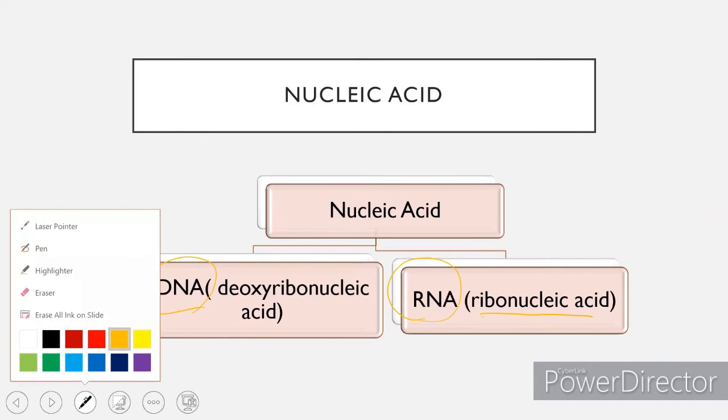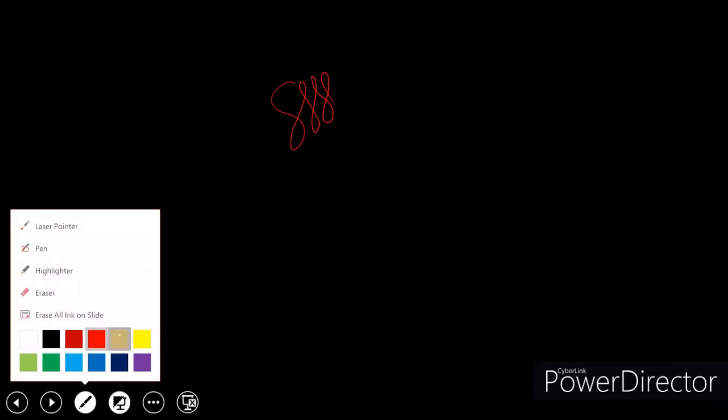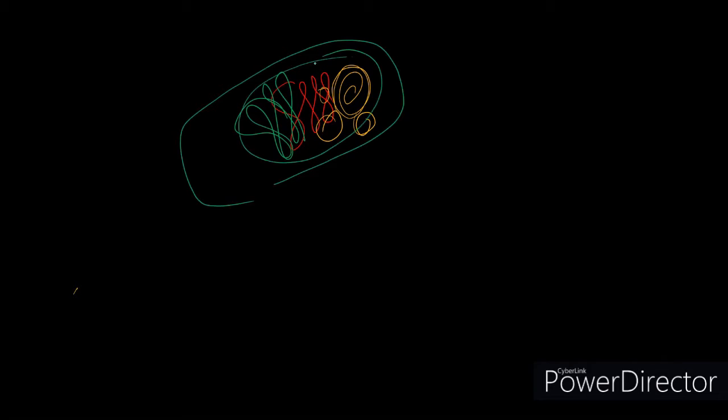So you need to understand one thing: for example, this particular red part is the DNA. And DNA is not present in a pure form. Then we have proteins, which I'm showing in yellow. So it is all mixed together. Then we have RNA, which is also present here. So all these molecules are mixed together inside a nucleus or a cytoplasm.